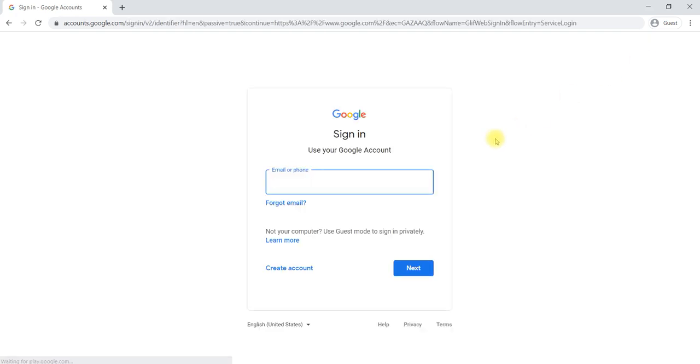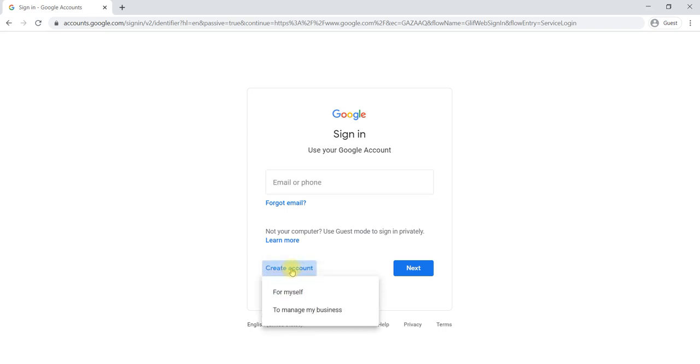Once you click on the sign in button, if you already have a Gmail account, then you can use whatever email ID or phone number you gave while creating it. Otherwise, if you are new to Google, then click on create account.